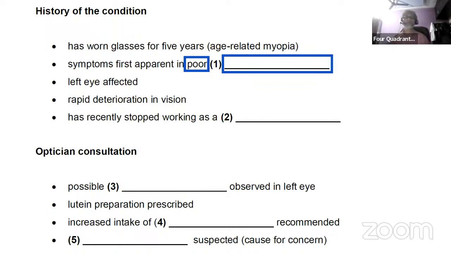Yeah. So, Firecracker number 2. Rapid left eye affected. So you relax. Rapid deterioration in vision. Relax. Now, immediately the blank is here. So be ready for here. Now next one. Here you have the word before.